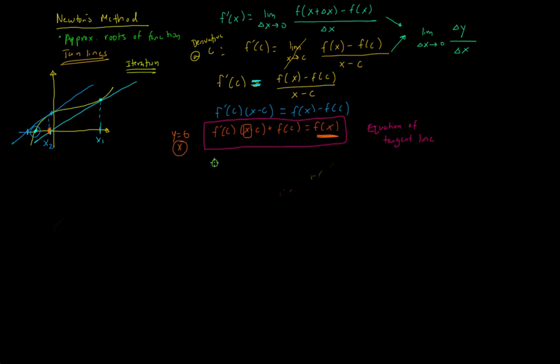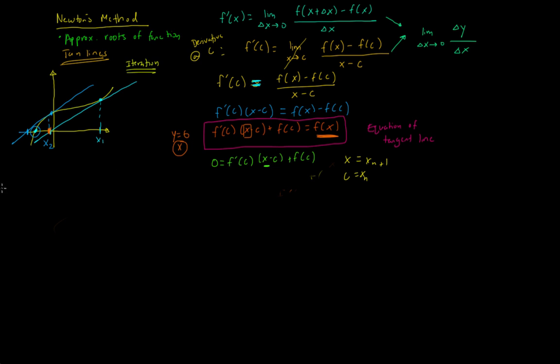So that's exactly what we'll do. We'll set all of this equal to 0, and we'll solve for x. And before we do that, just to make our lives a bit easier when we get to the actual formula for Newton's method, which we're deriving right now, we'll change the variables a bit, but we won't change the equation. So let's just say we arbitrarily name the x as xn plus 1, and we call this c as